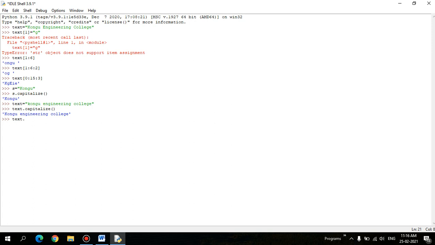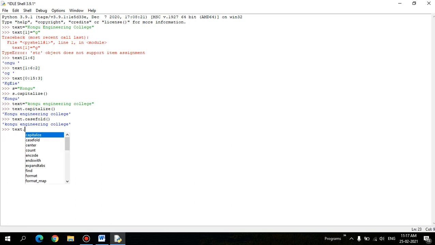And let's take text2. I want to go for casefold. Casefold is also another function which takes care of capital letter and small letter cases. Because there is a huge number of functions that exist, casefold converts the string to small case letters. So that is what the casefold function is.